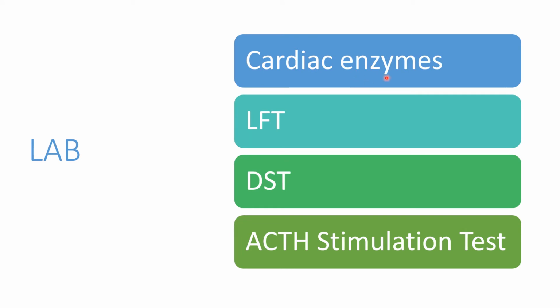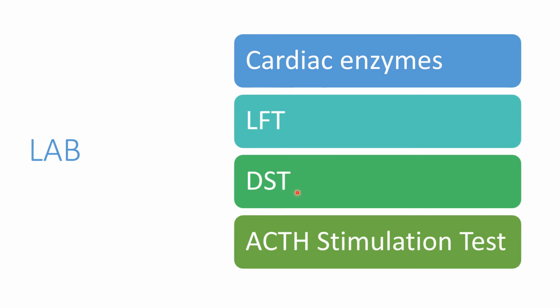Cardiac enzyme, because we might be dealing with complications of hypertension already, like myocardial infarction. So what is the value of troponin I right now? Now, some will use troponin T, but troponin I is more specific to the cardiac cells. So liver function tests,